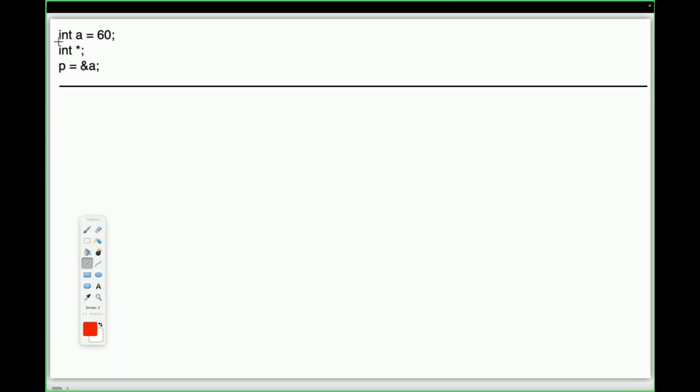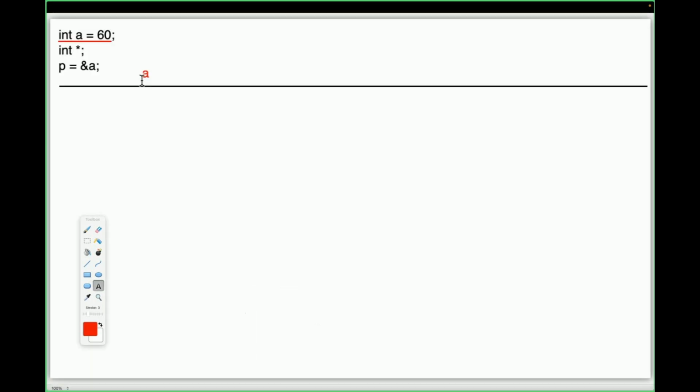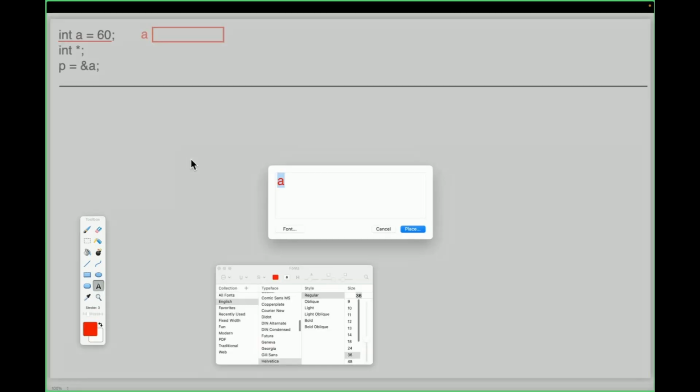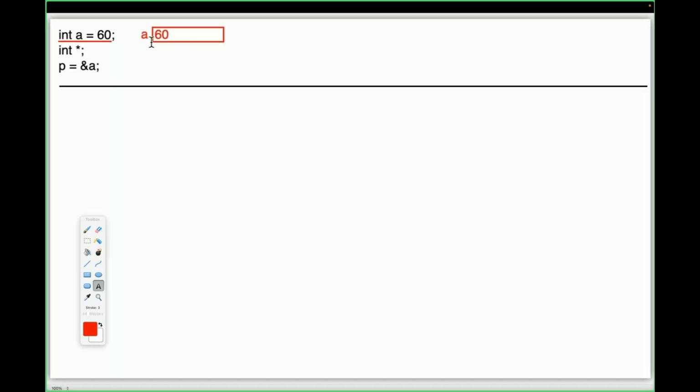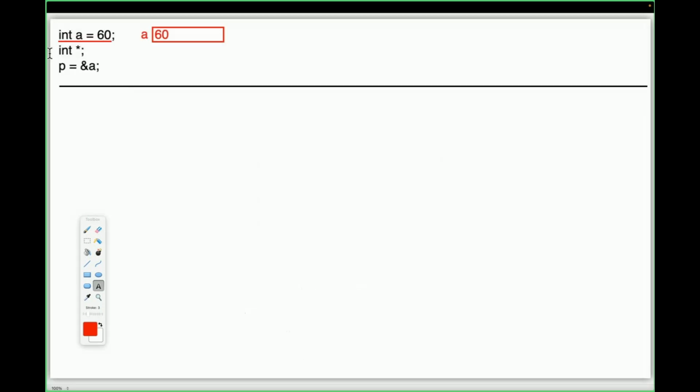So when the compiler encounters this instruction, automatically a variable will be created. For the variable a, 2 bytes of memory will be allocated. Within the 2 bytes of memory, the value 60 is going to be stored. Then after this, next one is